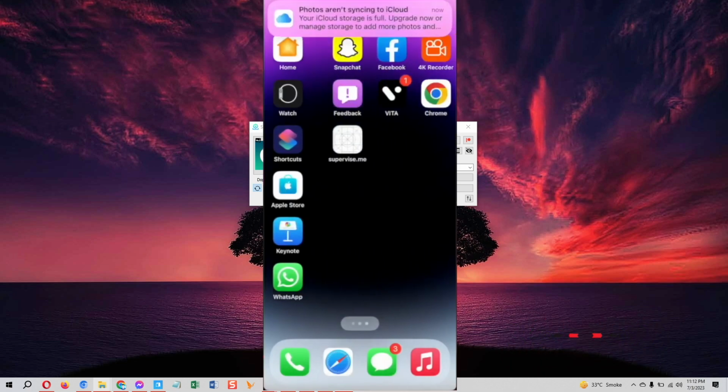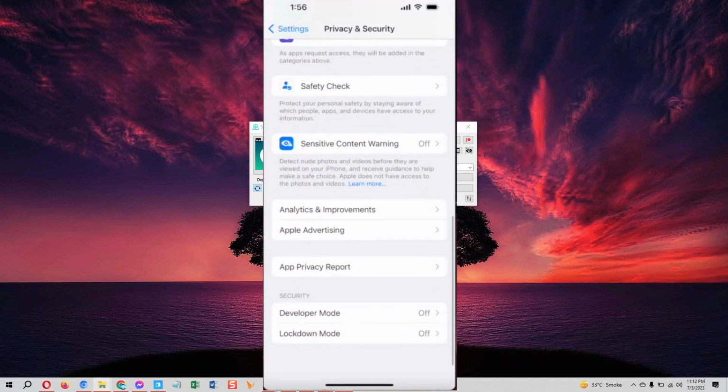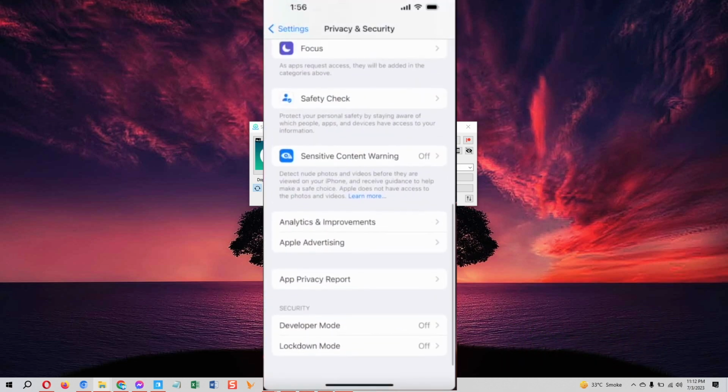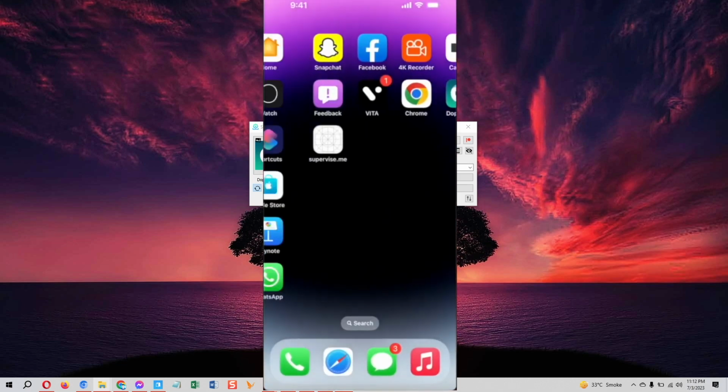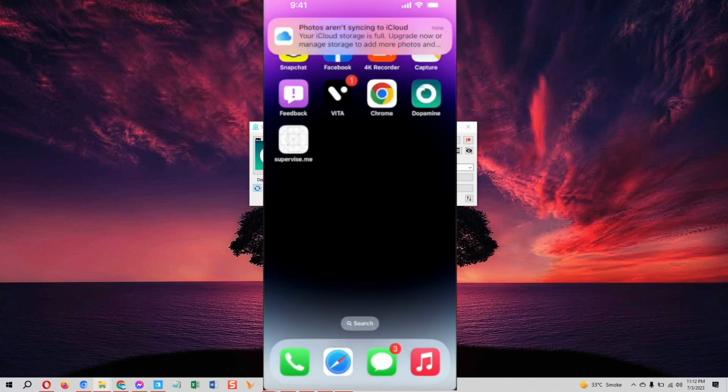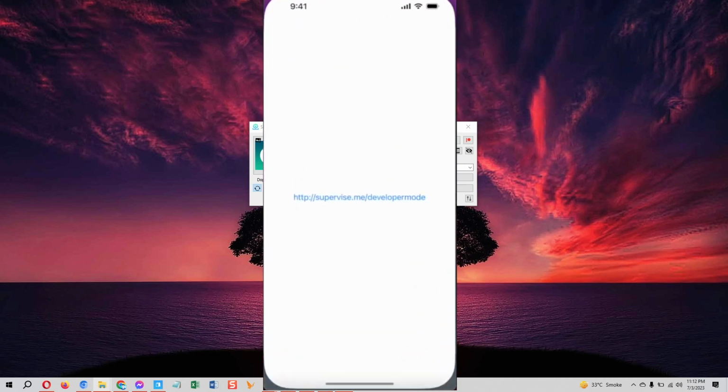Now, if you do not see developer mode option here, then you need to install it first on your device. For that, I already have published a complete video on how to fix developer mode not showing on your device. You can find the link in the description below. Once developer mode is enabled, you can use the app you just sideloaded using Sideloadly Windows iOS 17. This is guys how to download Sideloadly Windows on iOS 17 and use it to sideload apps without jailbreak.